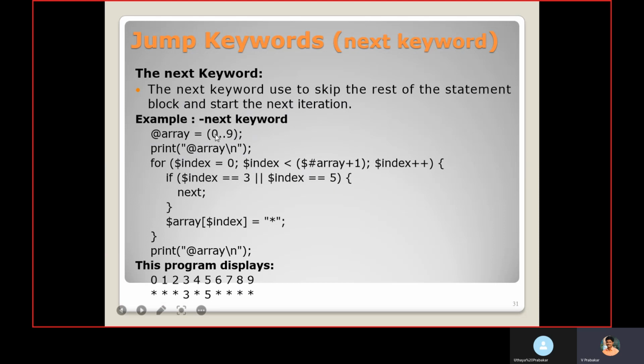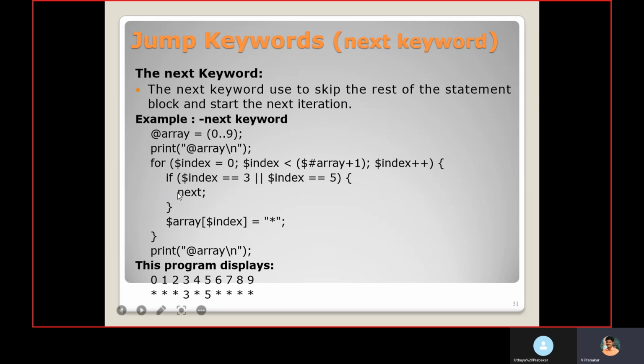Actually here, it is 9 plus 1, 10. Then we are incrementing the index. For each iteration, we are checking the index value. Inside the if condition, we are checking if the index value is 3 or 5.